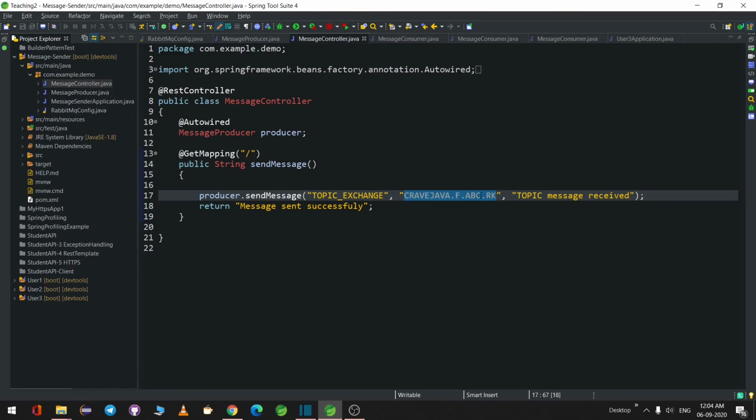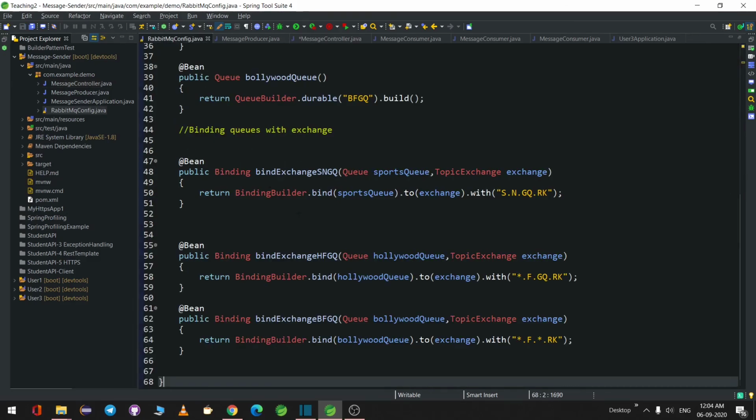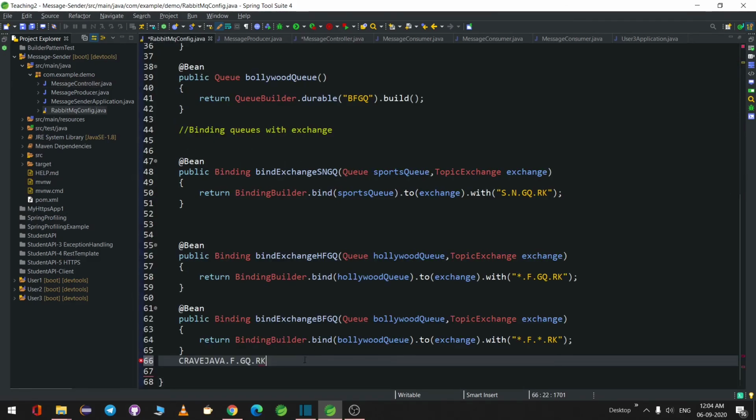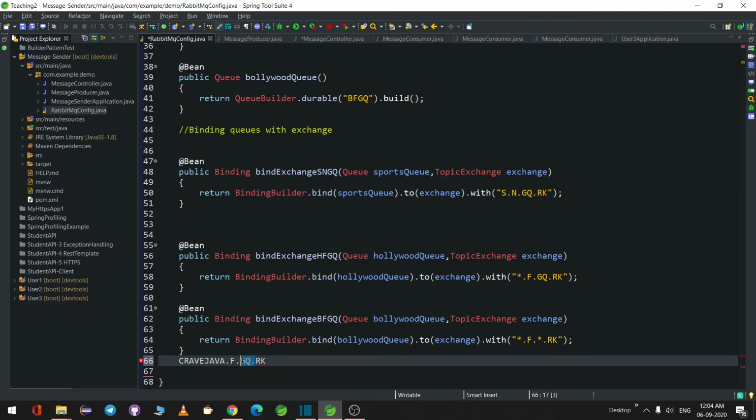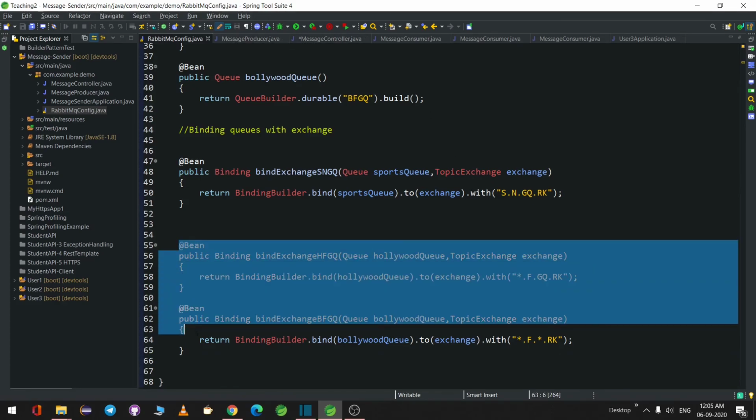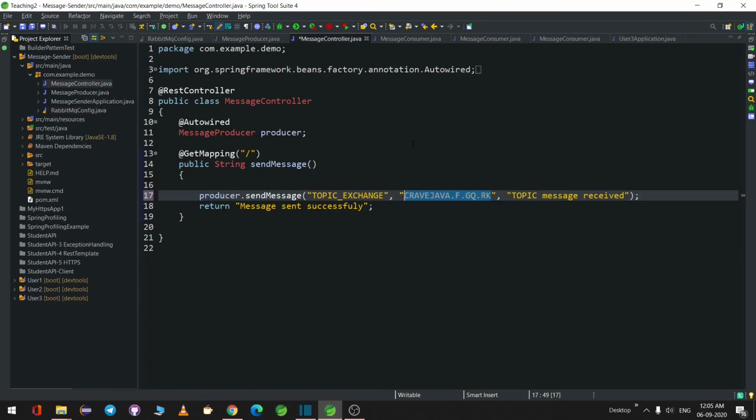So let us go ahead and change this to GQ. If we copy this and paste it here, crave java, here star, it matches both. F matches both. GQ matches both. RK matches both. In this case, both the queues should receive the message.